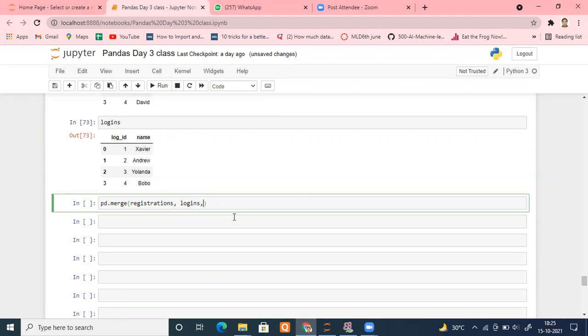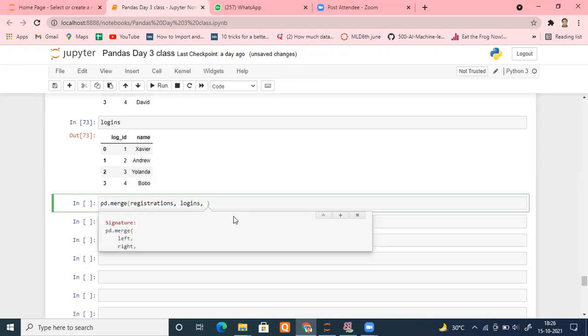Now you will tell it how you want to combine them, how you want to join them. There is a keyword known as how. By default, it is automatically set to inner. We have four kinds of joins: inner join, left join, right join, and outer join.